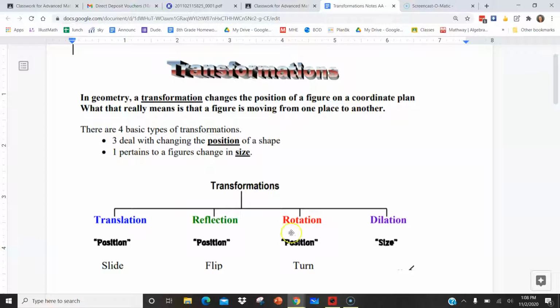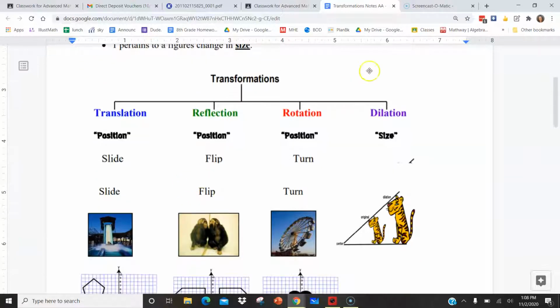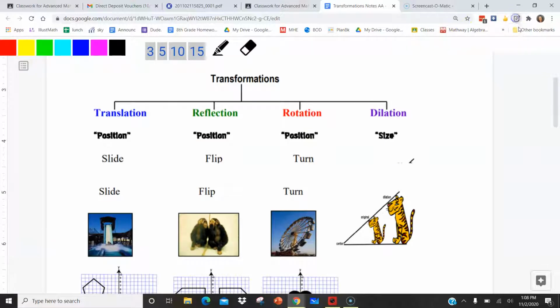So if we have our basic shape, three of them deal with our basic shapes. The translations, the reflections, and the rotations deal with the position of the shape. When I talk about dilation, the size changes. So with the translation, this is important to write down on your notes. So I'll write it down on the paper here. When I'm dealing with the translation,